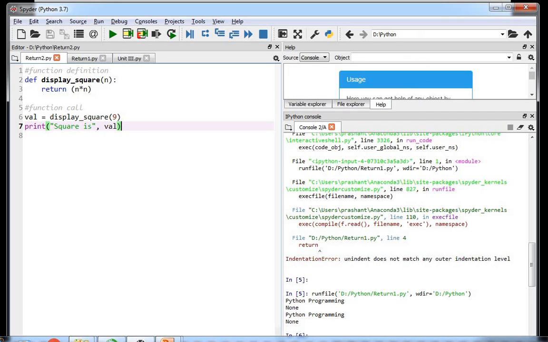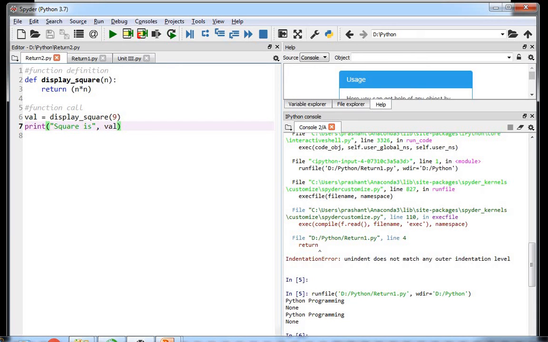It is the function display_square accepting the parameter. We made a call at line number 6. So whenever the program starts, it starts execution at line number 6. The control will be transferred to the definition of function display_square. Observe, at line number 6 we have 9 inside brackets.